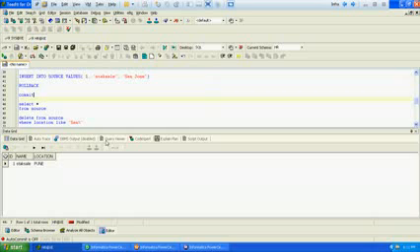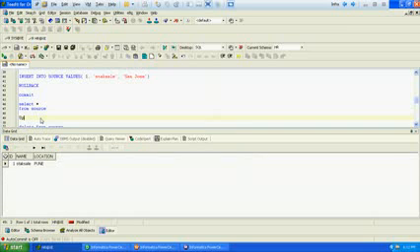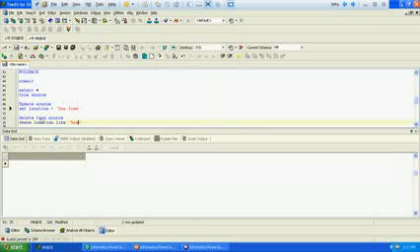What we'll do is change the source value from Pune to San Jose. Update source set location equal to San Jose, and we'll commit the record.